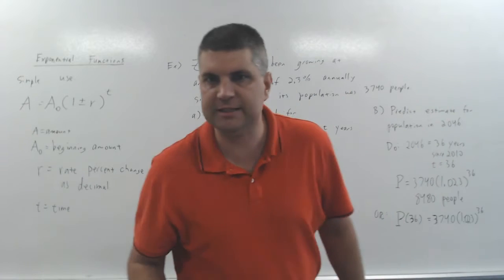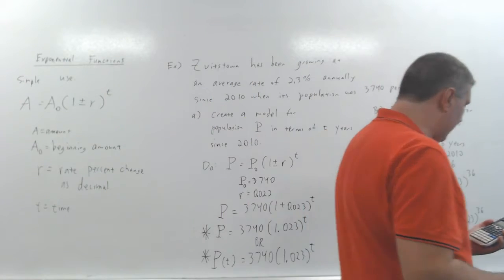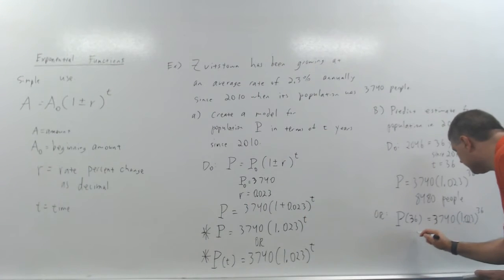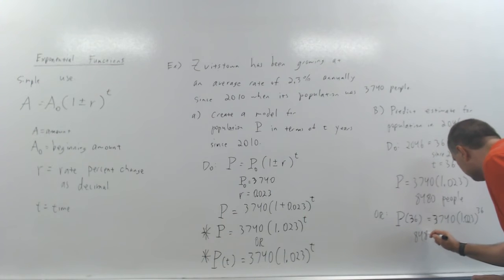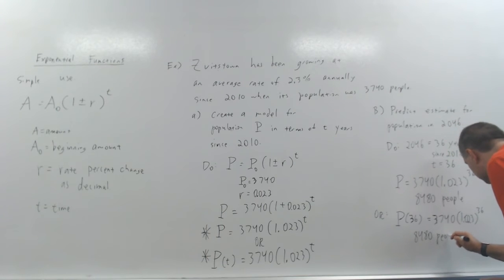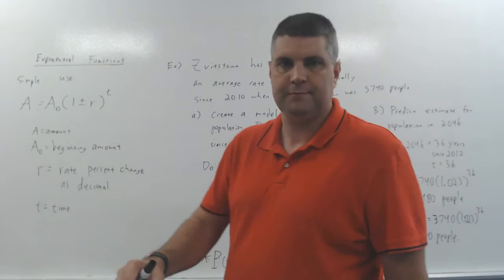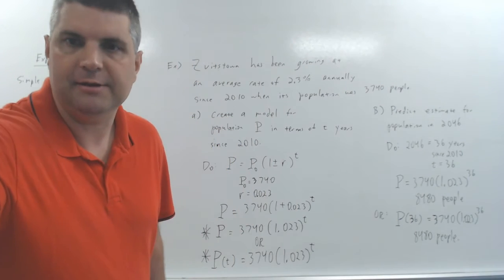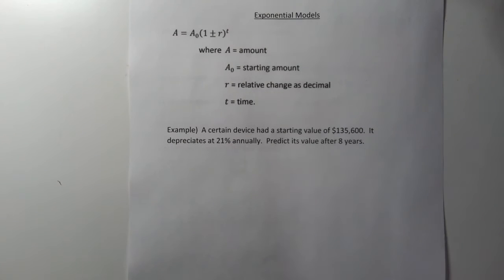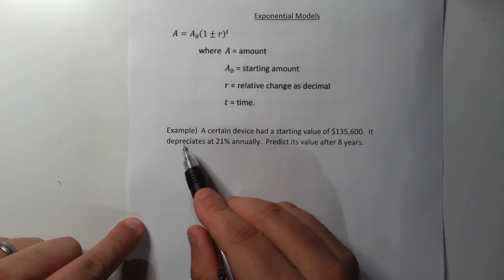Okay? 3,740 people at the start, or 8,480 people. And that's it. Okay, I want to follow up the previous example with a similar example based on a decreasing